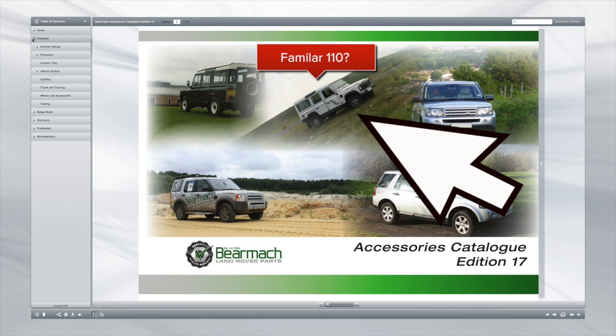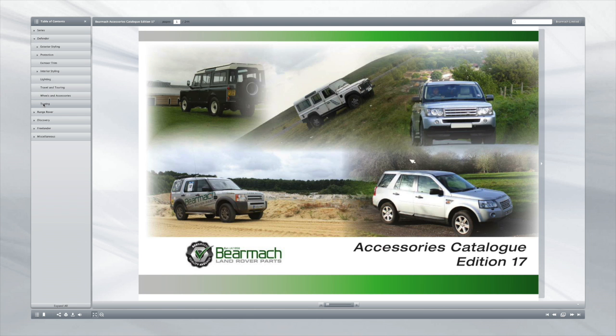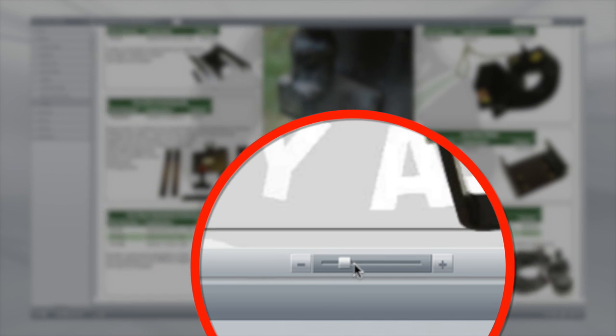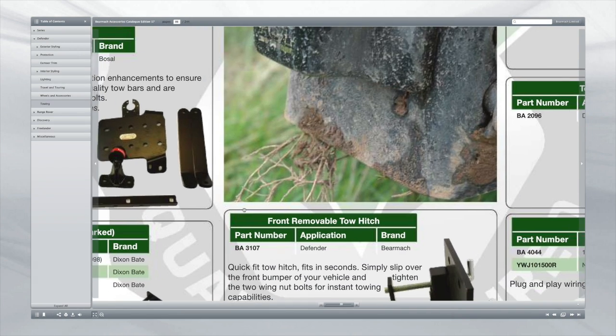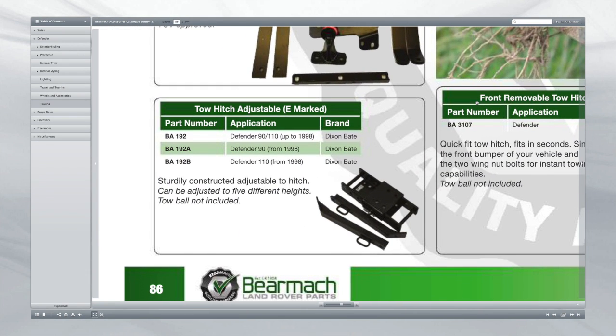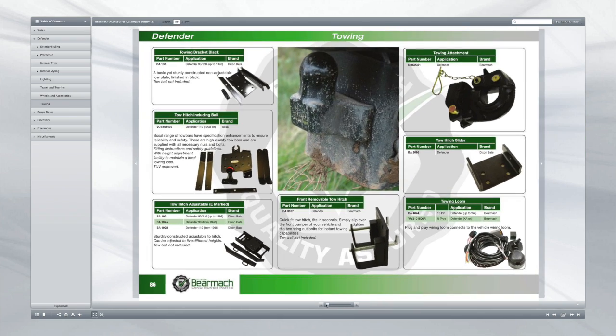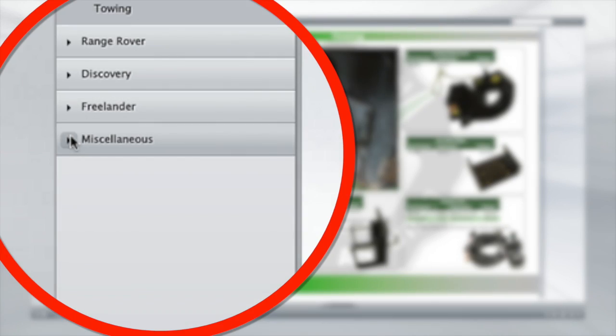Right, so I'm just going to show you this in the accessories catalogue under towing, because I'm looking for a tow bar at the moment for the Defender. And we found a kit here which is a Dixon Bate adjustable. Now, I'll just slide up here and zoom it in, have a look, see what it says. We're looking at BA192. This, however, has no tow ball included. And not to worry, on a different page, which I think I'll just have a look down here under miscellaneous